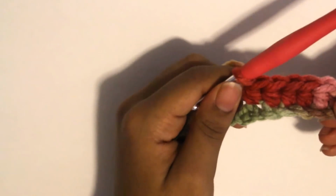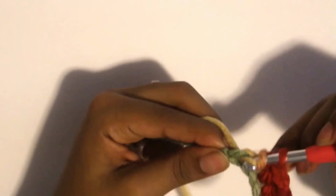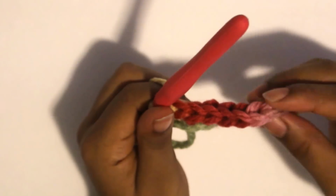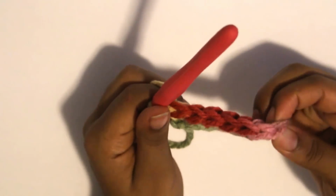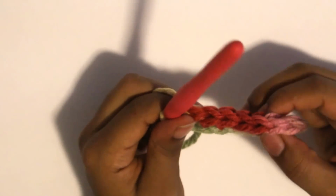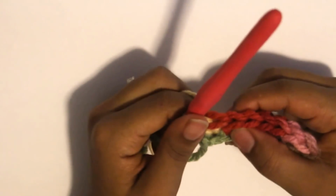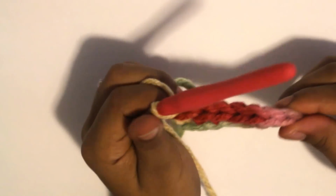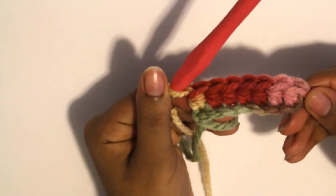So this is your last one coming up. Yarn over, insert, pull up a loop, yarn over, pull through all 3 loops. And you'll notice that you have 7 half double crochet created. And you count just to make sure that you are doing it correctly. So now we're going to move up to the next row